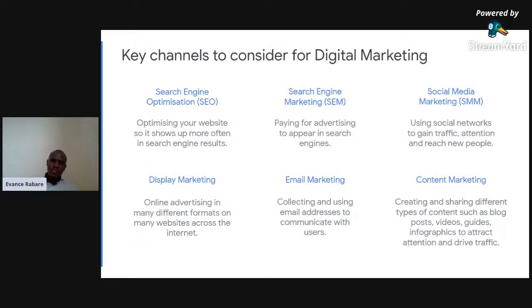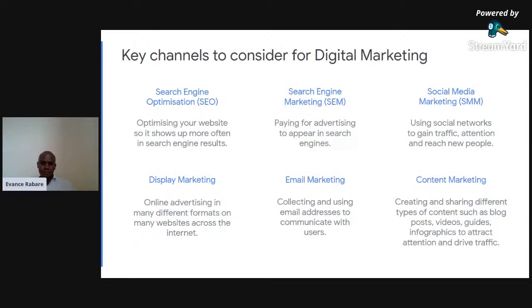When you talk about email marketing, we talk about collecting and using email addresses to communicate with users. And of course, you must get their permission. They'll have to give you consent for you to send them an email, lest it will be marked